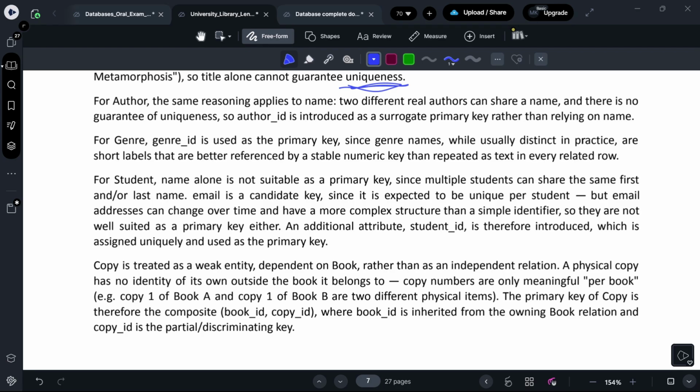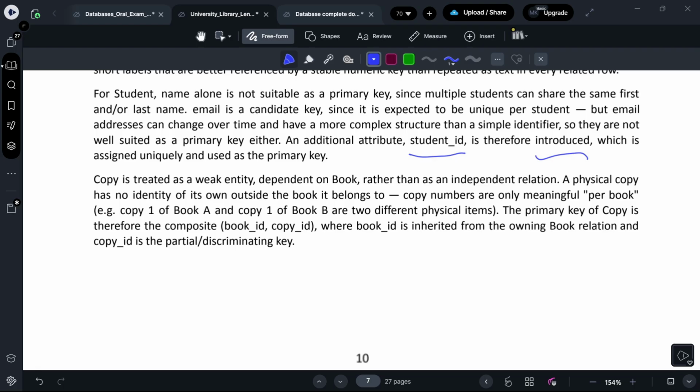For student, name alone is not suitable as a primary key, since multiple students can share the same first or last name. Email is a candidate key, since it is expected to be unique per student, but email addresses can change over time and have a more complex structure than a simple identifier, so they are not well suited as a primary key either. An additional attribute, for example student ID, is therefore introduced, which is assigned uniquely and used